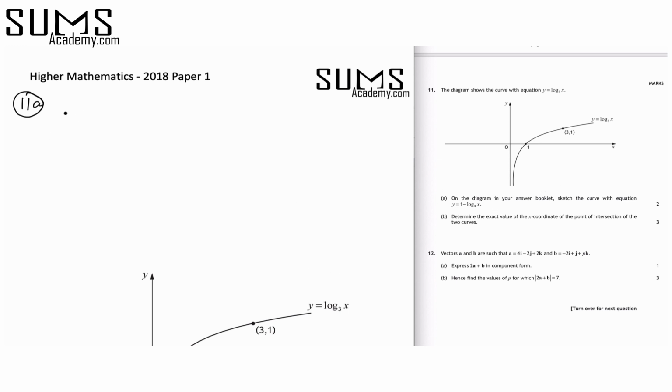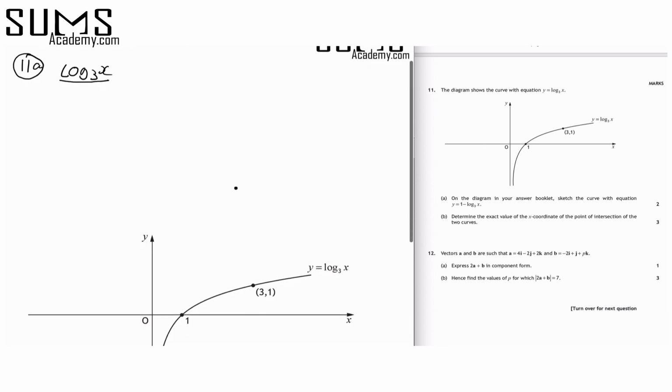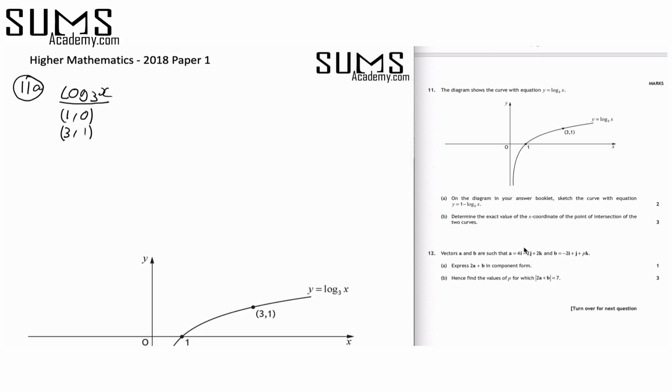So our original graph is log 3x, and you can see it has coordinates of 1, 0 and 3, 1. So it could be quite helpful to rewrite this expression instead as y equals minus log 3x plus 1, just because it might become a bit clearer. So when we transform this to minus log 3x,